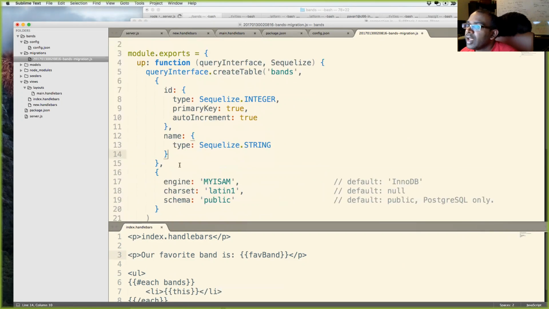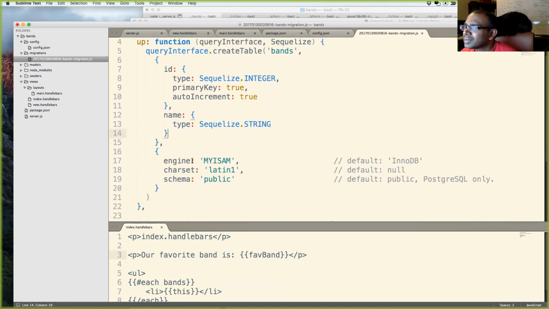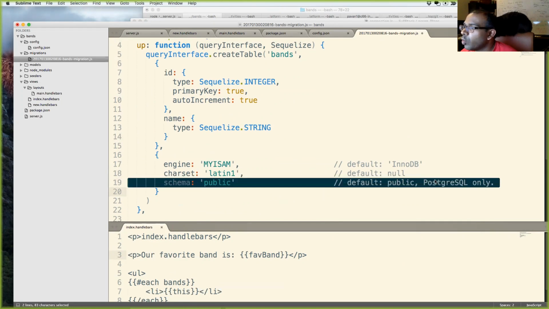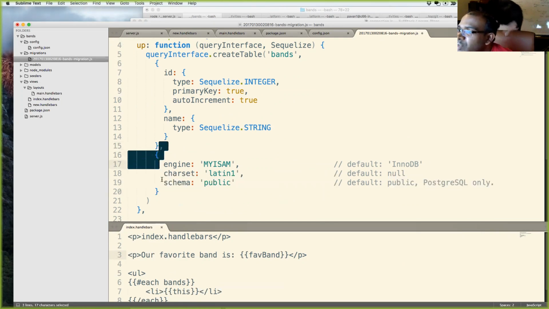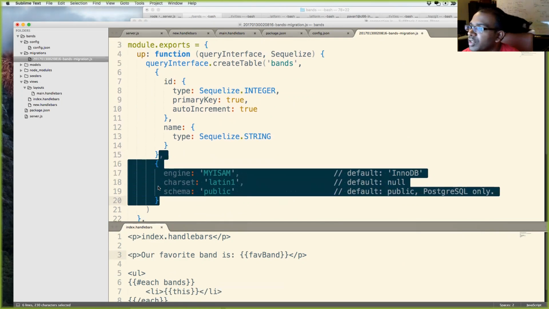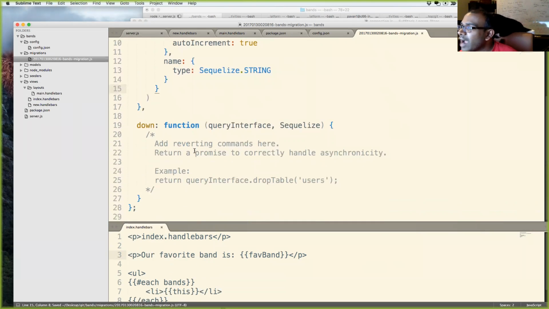And then over here we have the charset, Latin 1. Interesting. So it says PostgreSQL only. PostgreSQL is another type of SQL database, less popular than MySQL, but much more robust. I'm going to delete this, see if this all just works. And down here, I don't have anything.